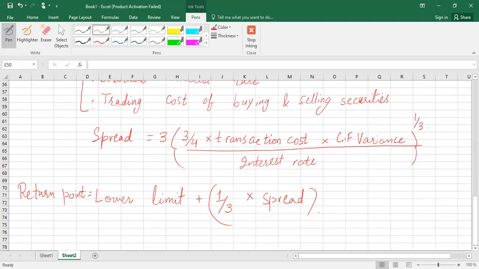And this is the way to calculate the spread, which is dealing with the difference between the upper limit and the return point. Return point is the optimal point and the lower limit is called safety or precautionary, just like the minimum level of inventory or safety inventory or buffer inventory. So you can call it safety cash or buffer cash, which is maintained by a business with the intention to avoid any kind of